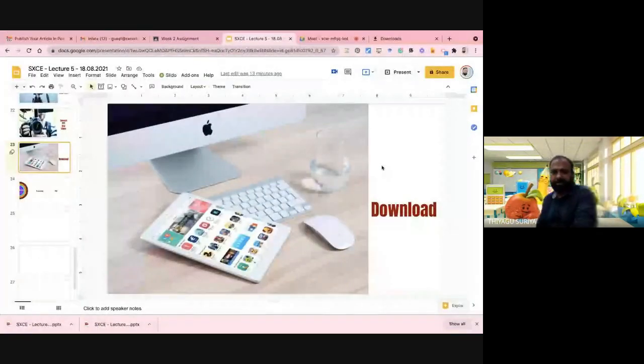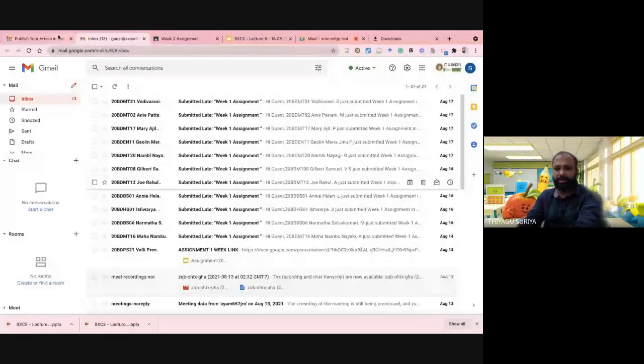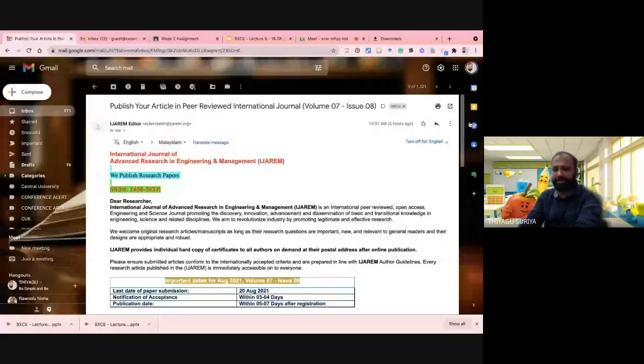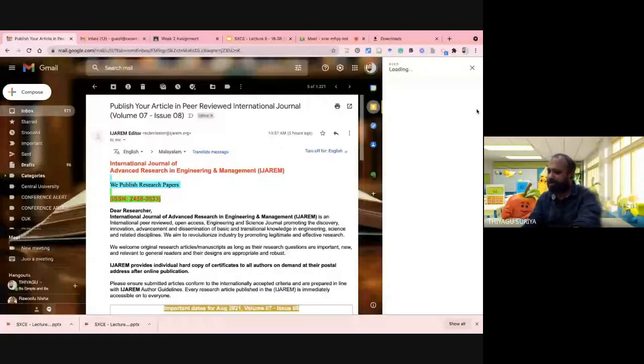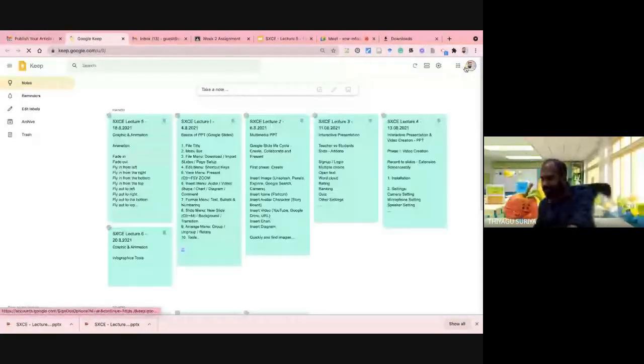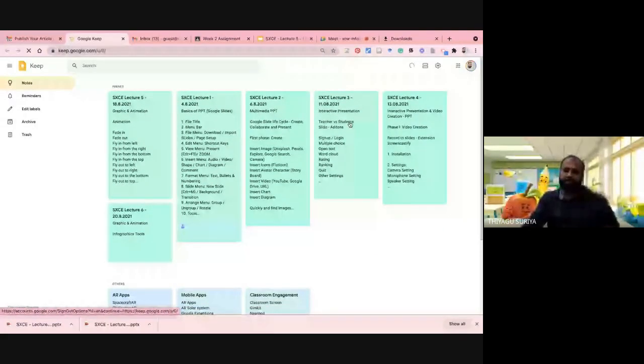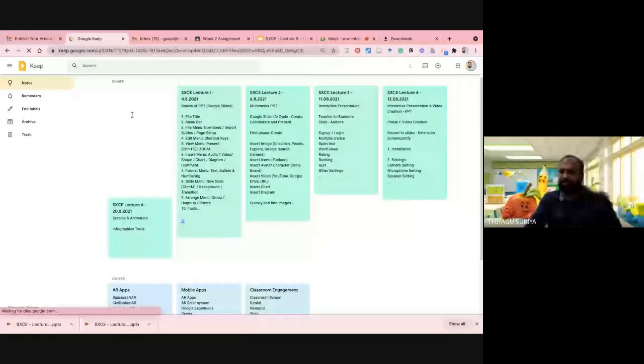I'm going to summarize the things we discussed today. I'm going to my Google Tasks. Please kindly see, I'm using all the tools for my presentations. I used Google Keep. Google Keep is also one of my favorite tools for keeping structured notes. Because before going to classes, we need to take some notes and tips, and keep some materials at hand. The same tool you can use. It will be easy for you to summarize data.